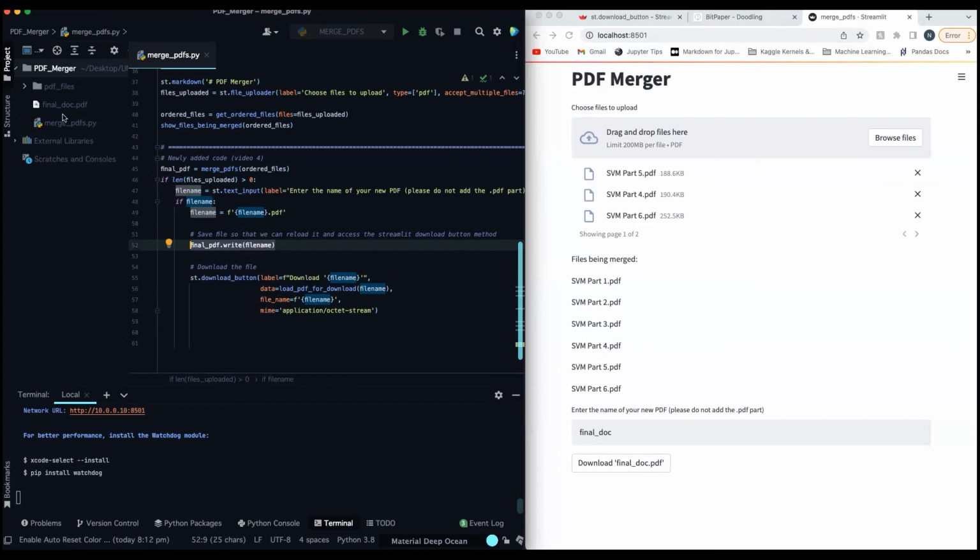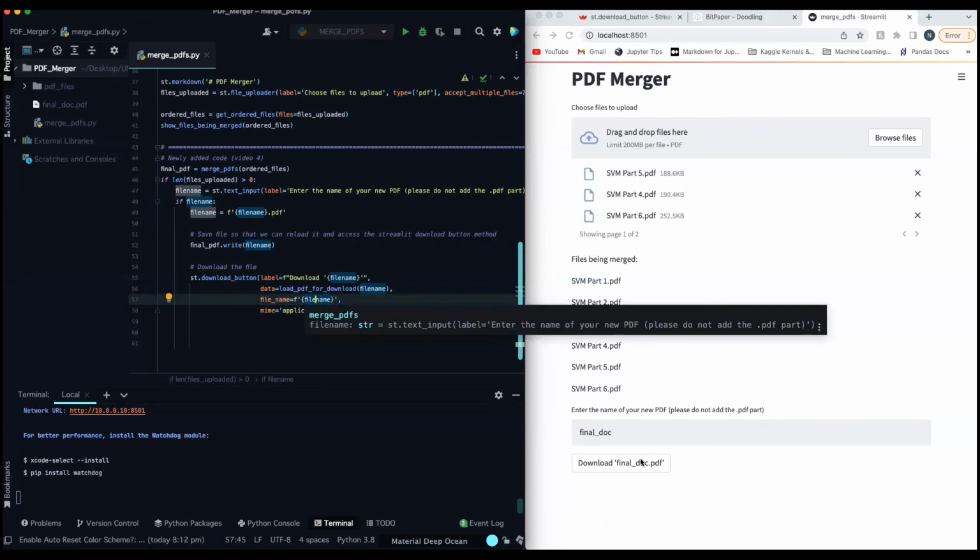But just for a little bit of fun, I added this little download button so that when you click this, it downloads it for you and you can take a look at it straight away. So we can use another top level function called download button, and the label is just what gets displayed over here on this button. So download, then whatever the file name is, which I've called final.pdf. This is the file name that I want to download, so that when I hit this download button and something starts loading over here, it's going to be whatever the file name is, which is this. And then